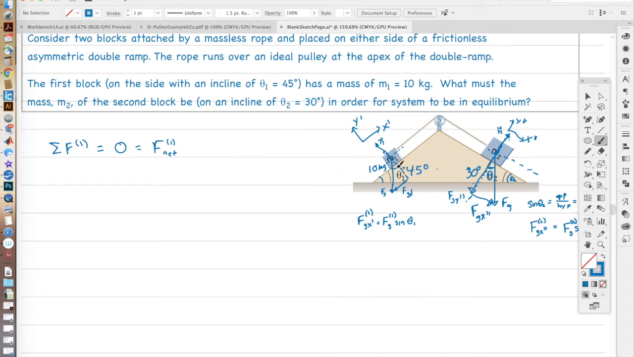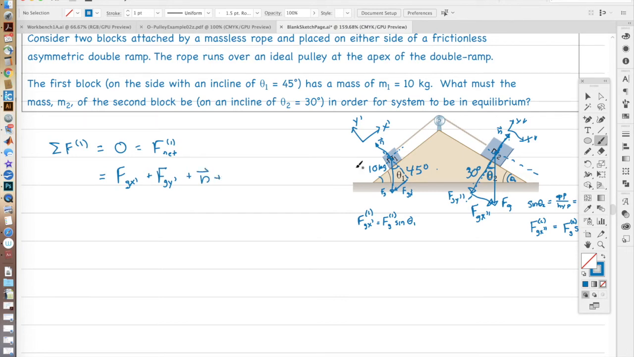We already said that, yes, there's a force of gravity, but we actually broke that down into a force in the x prime direction and a force in the y prime direction. And we said that the force in the y prime direction gets canceled out by the normal force of the incline on the block. So we could write that this is equal to the force of G along x prime plus the force of G along y prime plus the normal force